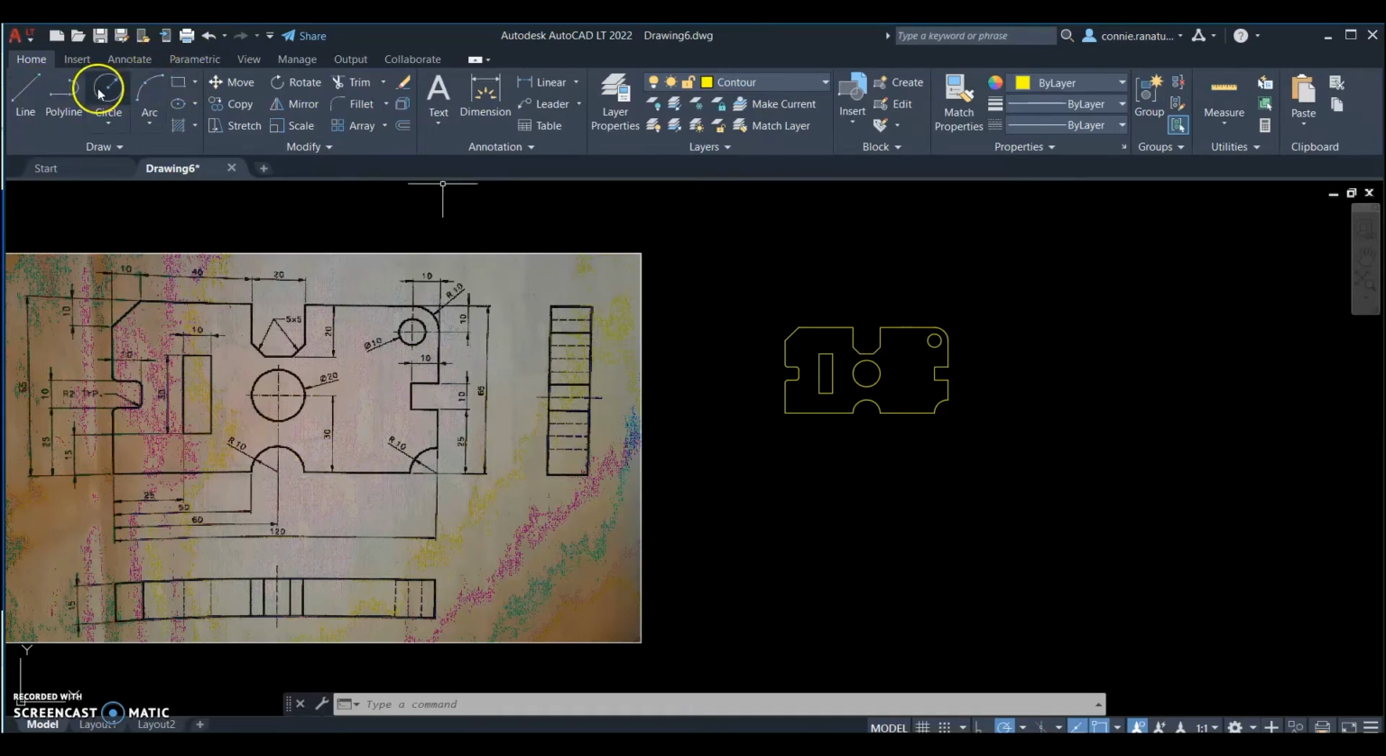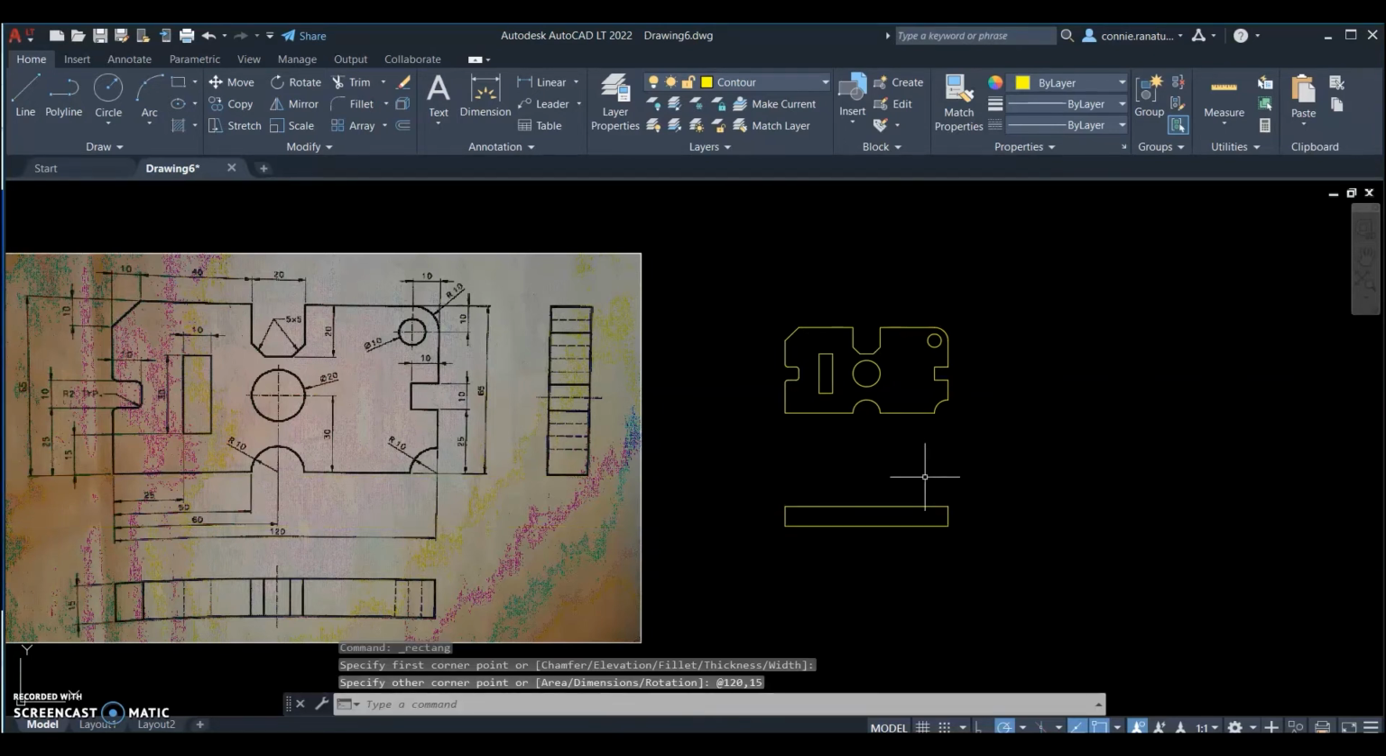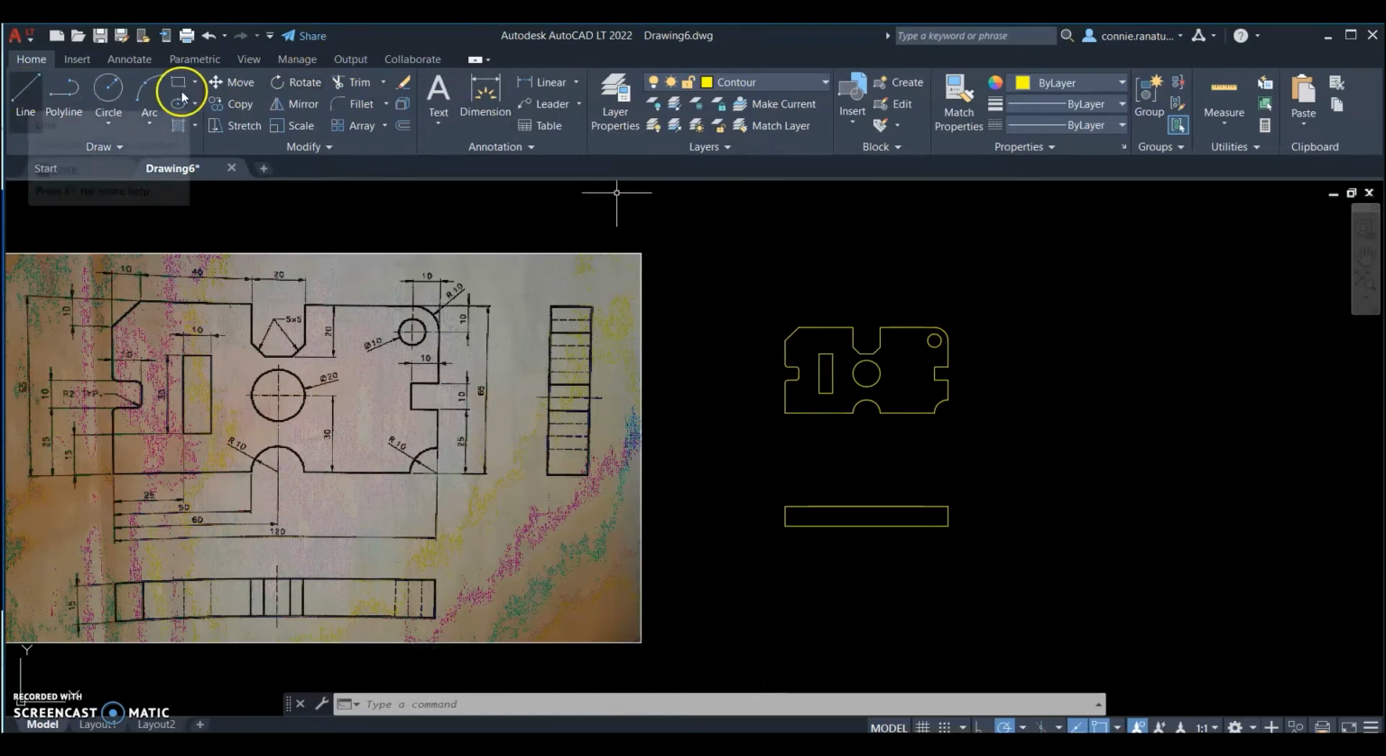So I will start. We find this corner here and we can just go down here. Okay. Then I use the alpha, x direction, it's 120, comma y direction is 15. And here you see